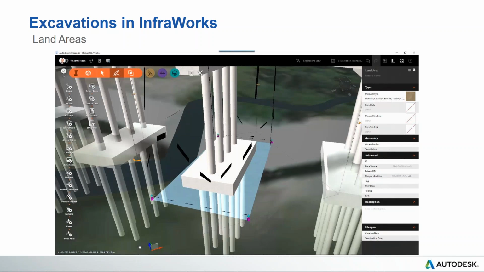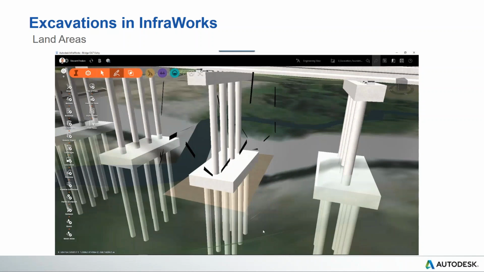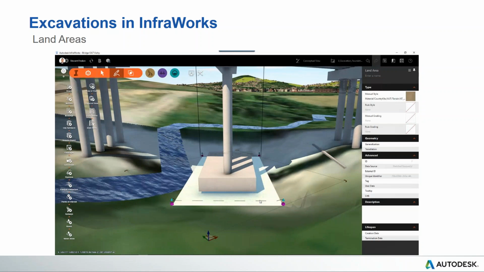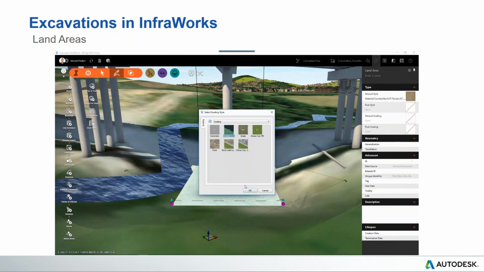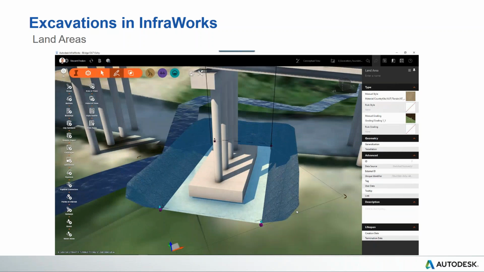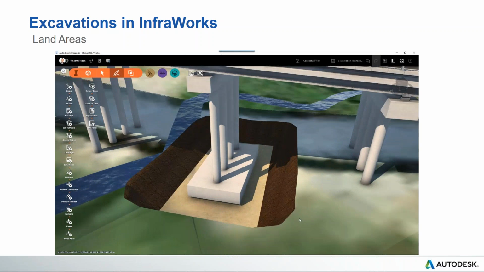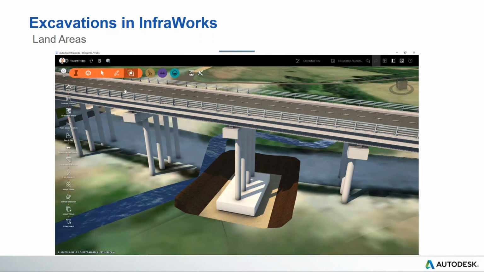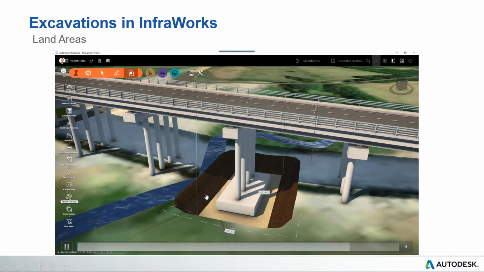Now, because land areas have additional intelligence when compared to coverages, we can assign certain materials and material properties to them, as you can see from the library. So I have, for example, one-to-one stability slope. I can specify the cut slope, I can specify the fill slope as well. And all of that helps me get a quick feel of the quantities of cut and fill by using the terrain statistics in the Infraworks